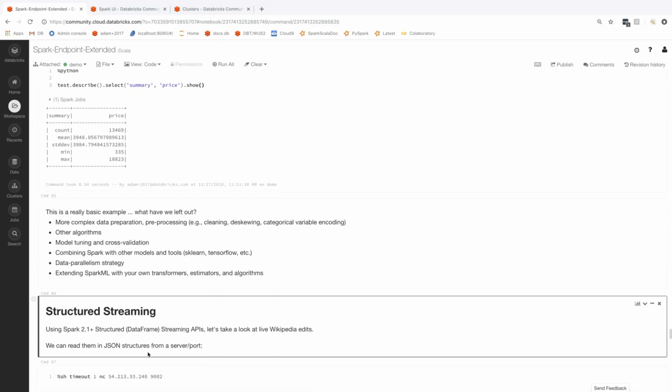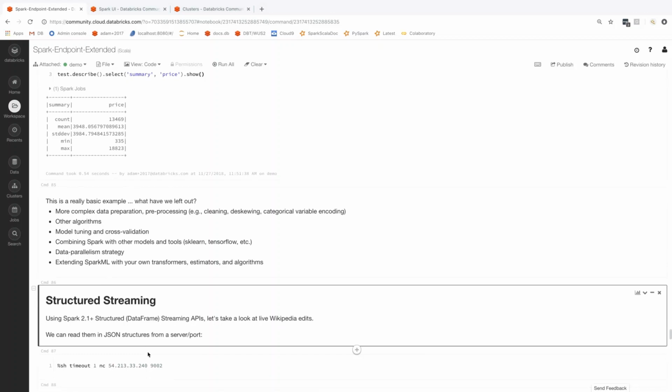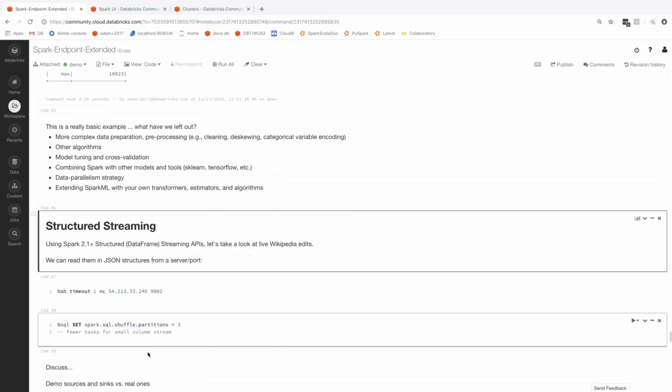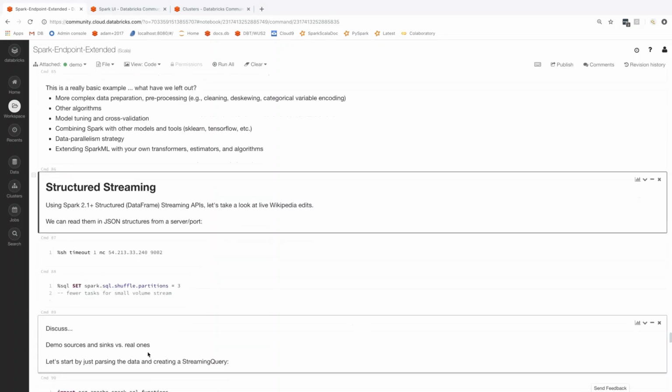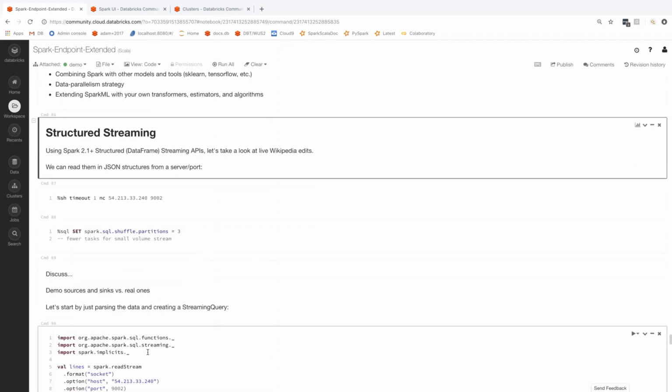So we've got about 5 or 6 minutes left, and I want to use that just to give you a very quick look at one of the areas of the most recent development in Spark, and that's structured streaming. So this is a way of looking at streaming apps as if they are just tables that keep growing. It makes it much easier to think about streaming because you just think about it as an append-only table, and you can use all of the stuff that you've learned and built for data frames and SQL to work over